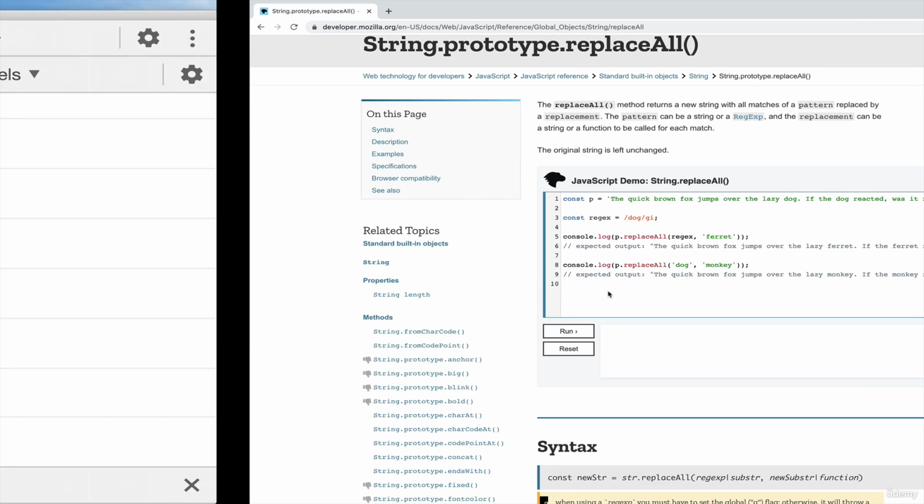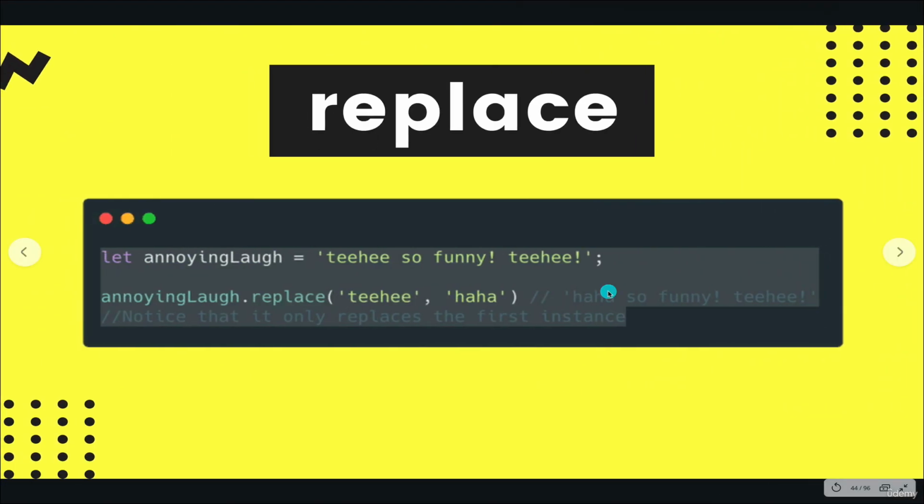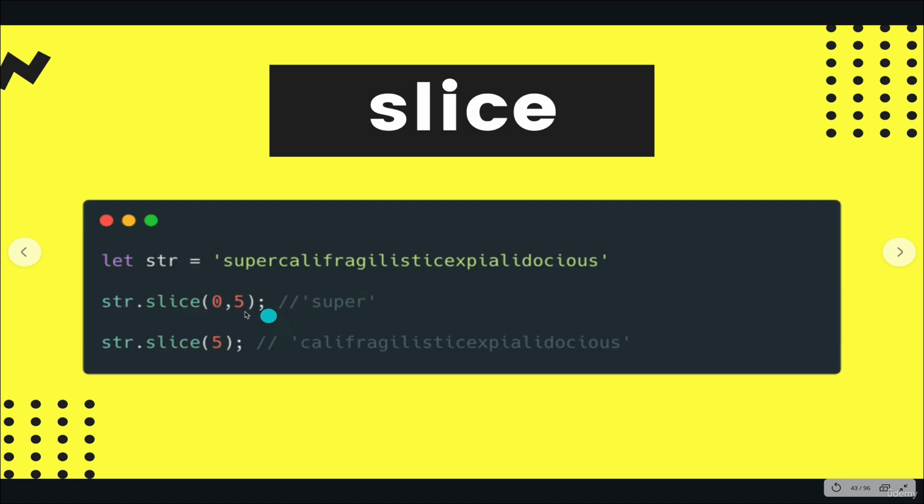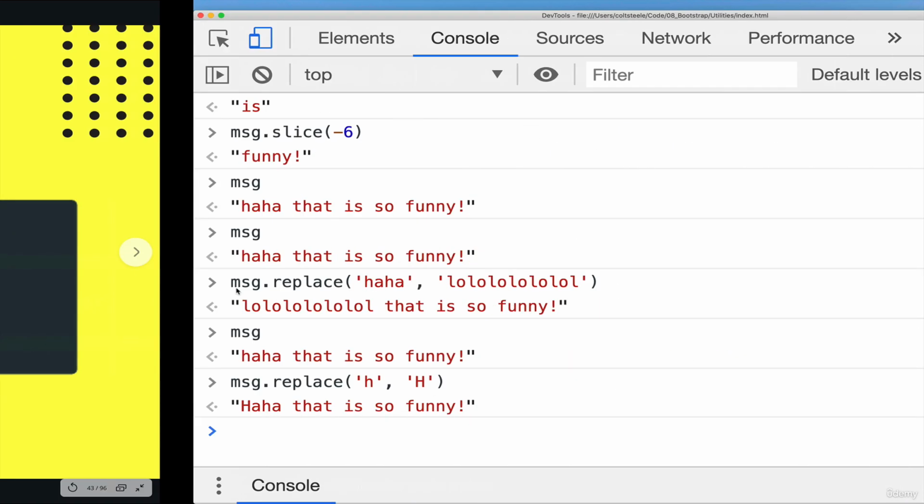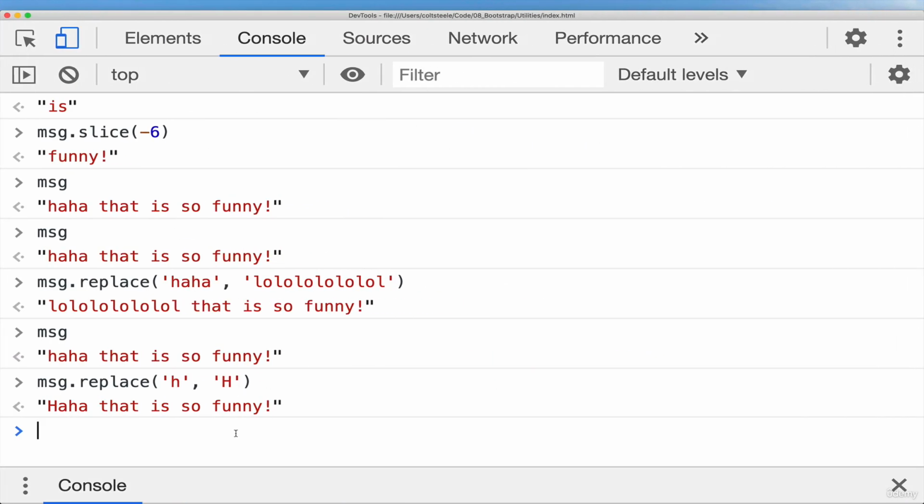Okay, so all of these that I've shown you in this video are methods that accept inputs. We call those inputs arguments. We pass them in. We can have one, we can have multiple. We separate multiple by commas. One more I'll just show you that you may want to use at some point is called repeat. Let's just do something like